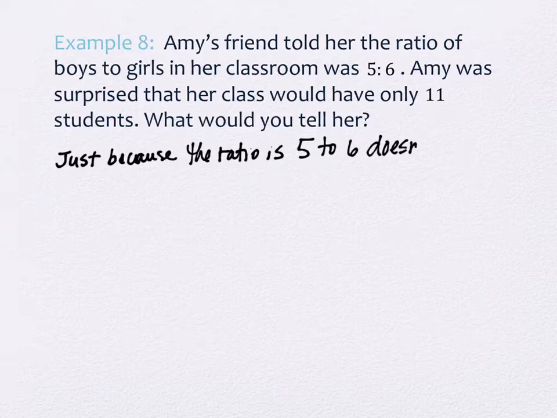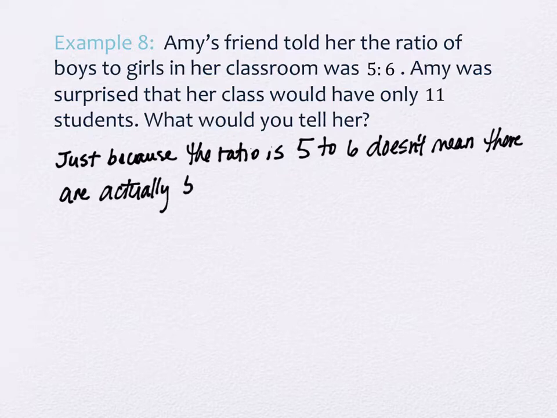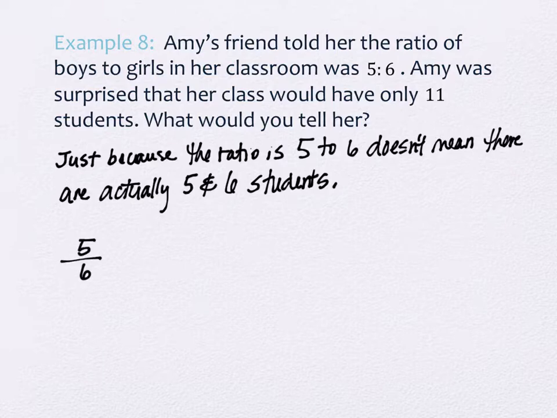I'm going to say it doesn't mean there are actually 5 and 6 students. What else could there be? And still give you a ratio of 5 to 6. And so 5 to 6 as a ratio would look one way like this, right? So what else could you get to get you a 5 to 6 ratio